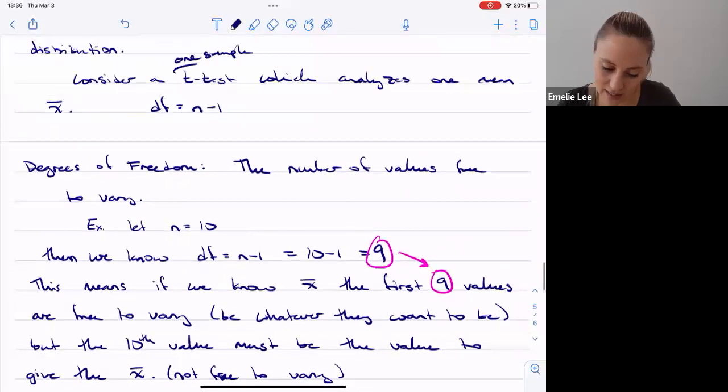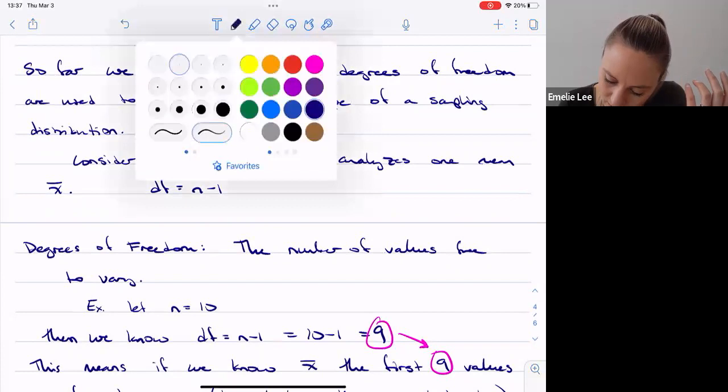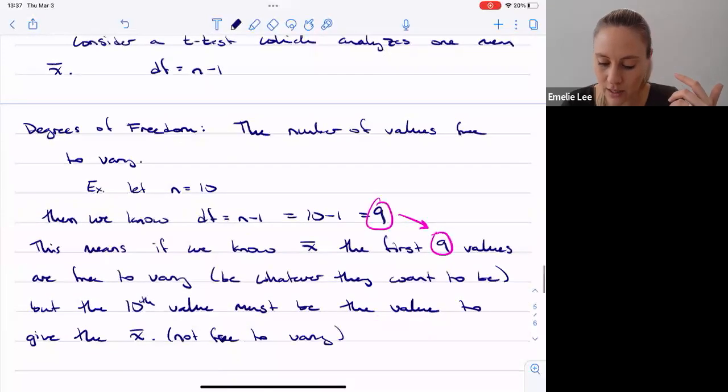Okay. So like I said, degrees of freedom are hard to wrap your head around. I know that. And so for us, maybe we're okay with just, here's the degrees of freedom. But as you get more comfortable with it, you can come back to this definition of the degrees of freedom and maybe it'll make a little bit more sense. But honestly, as long as you know to use them, you're fine.